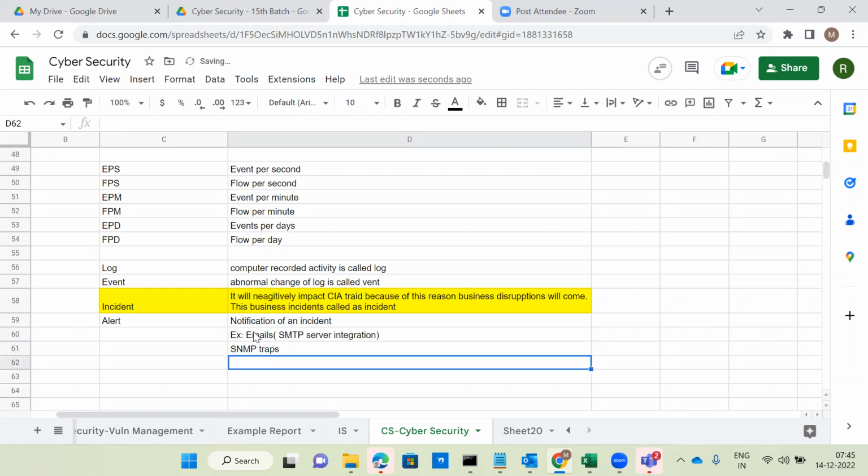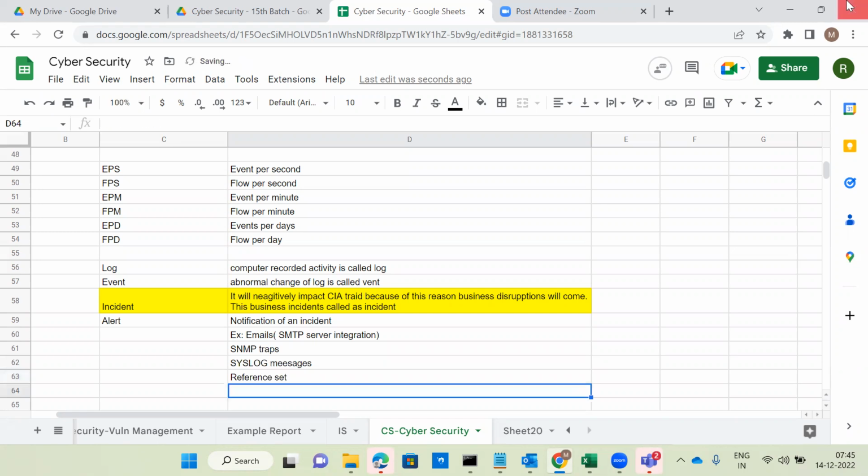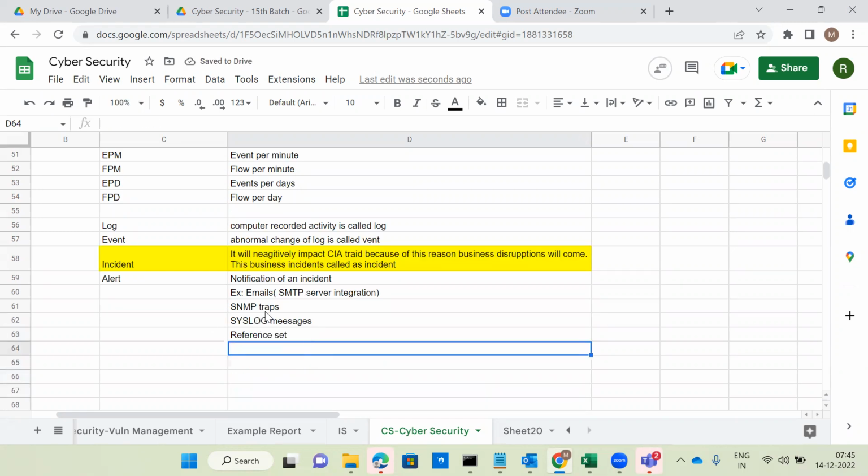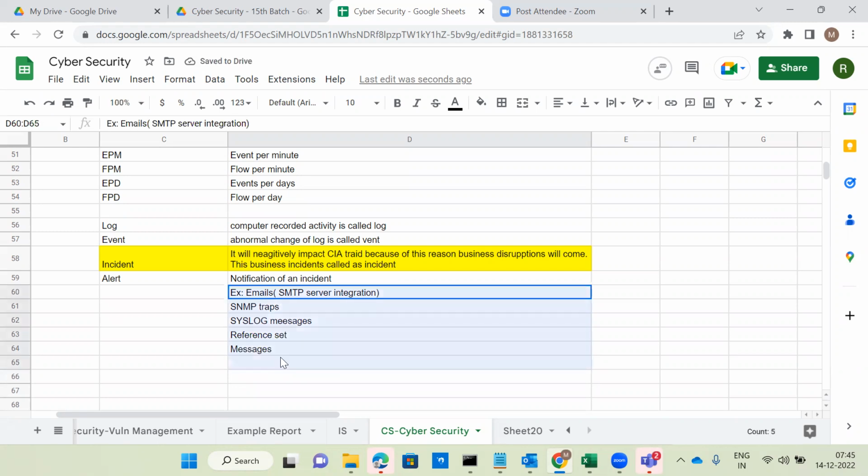Next one is syslog; using syslog messages also, we can receive the notifications. And reference sets. Even through messages also. These are a couple of examples of how we receive alert notifications.